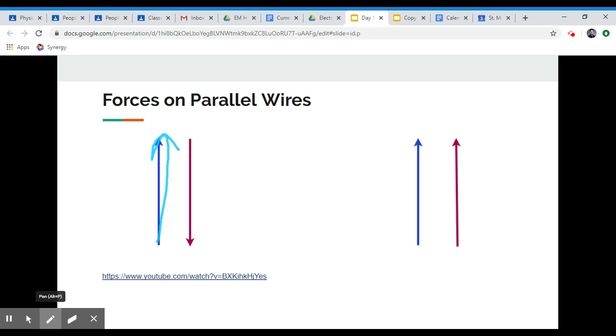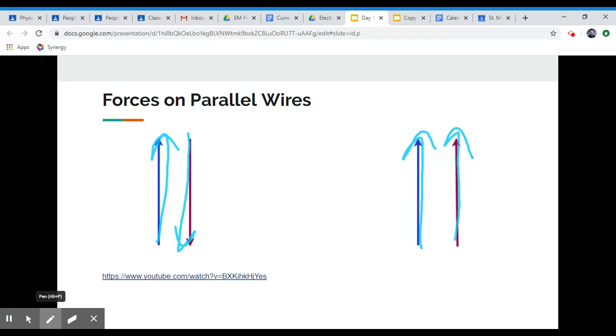So we have current running one way, current running the other way, and then for this second one we have current running in the same direction for both of them. Well, within a wire, using our first right-hand rule, where your thumb is the current, and then all four of your fingers curl around one way or the other,